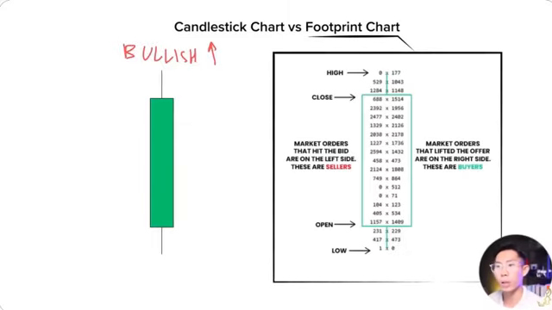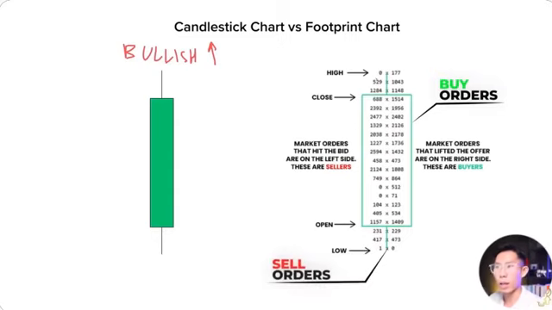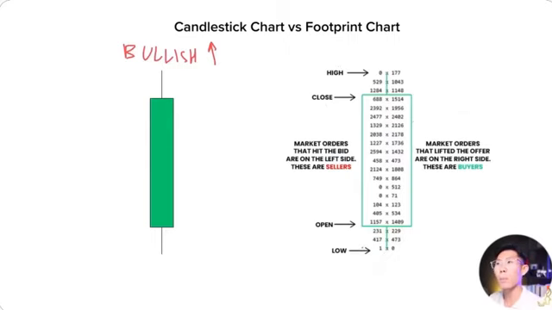And that is when your footprint chart comes in, right? So this footprint chart, how it works is that, once again, it dissects the candlestick into orders, right? So the right hand side, all these numbers right here, it basically shows you the buy orders, right? The market orders on the right side are the buyers, right? So you can see all these numbers is essentially how many buy orders at the specific price. And then on the left hand side, this is basically how many sell orders. What a candlestick does is that it just shows you the outcome, right? It shows you the high price, the close, the open, and the low. But a footprint chart actually shows you how many buy or sell orders happen at each price,